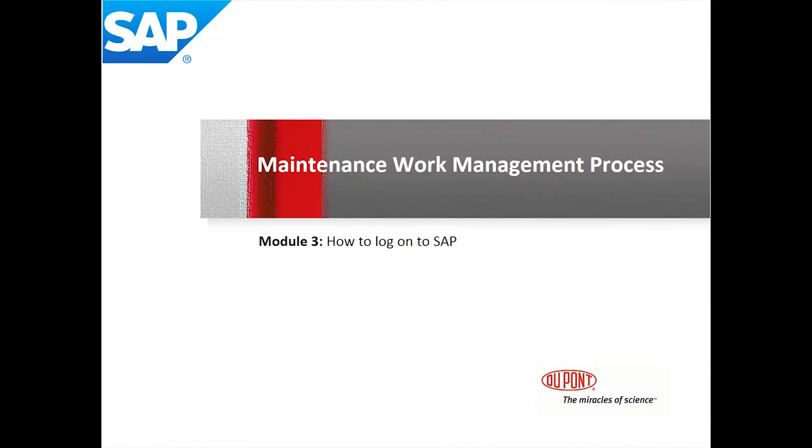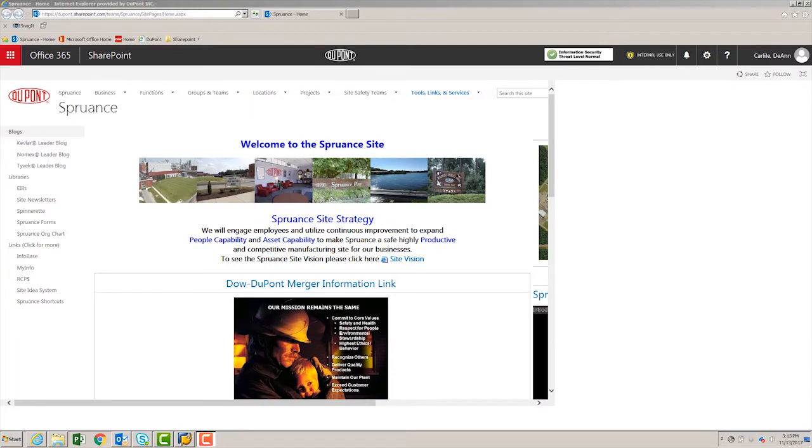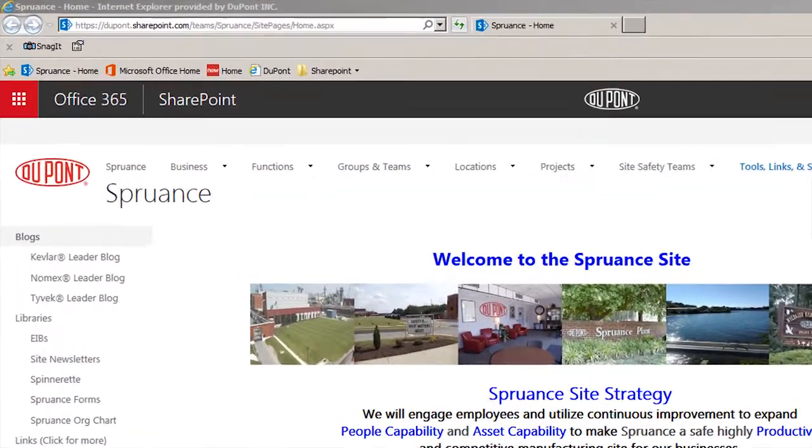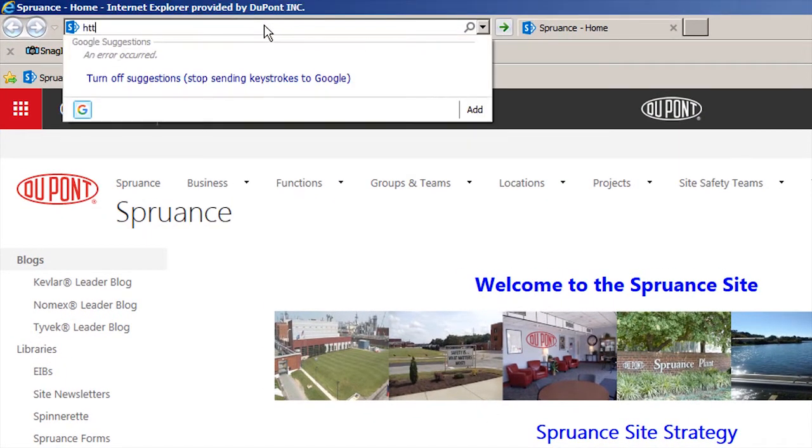Now let's go over how to log on to SAP for those who do not know. We will start by creating a single sign-on desktop shortcut to SAP. Open Internet Explorer and navigate to the DPS SharePoint site. If you don't already have this site set up as a favorite, you will want to do this. The URL is